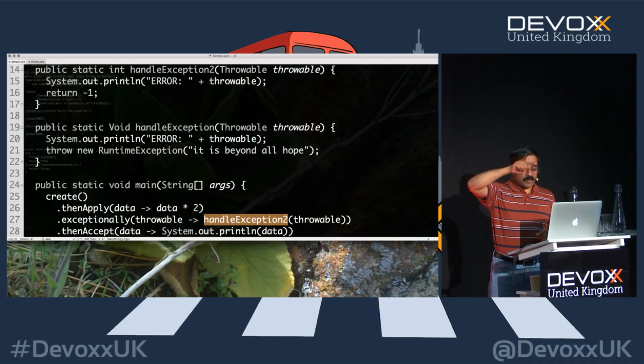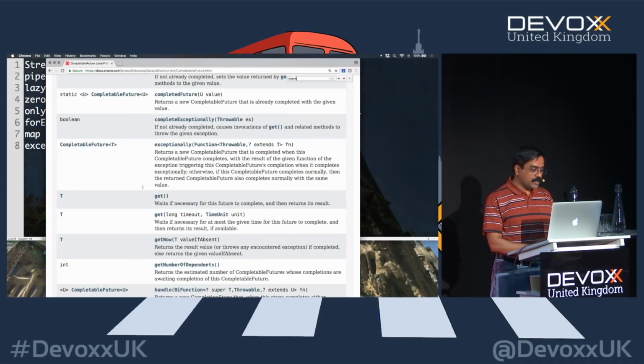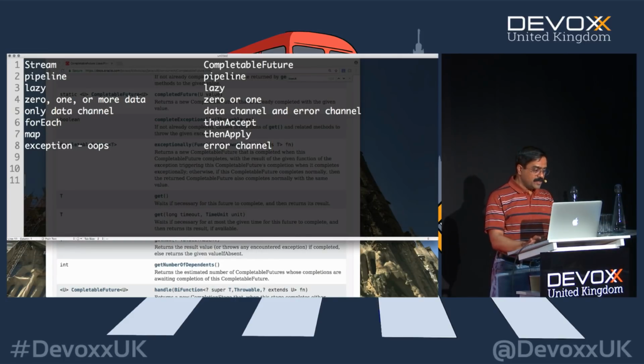So that diagram I drew a while ago, where I showed you how these things are going to behave. So you have a function, it returns the data, you keep going on this path. But anytime something goes wrong, then you are going to jump over to the error track. And now on this one, you're going to go through a function again. If this blows up, you stay on the error track. If this returns back a good result, then you are back on the data track and you go this way.